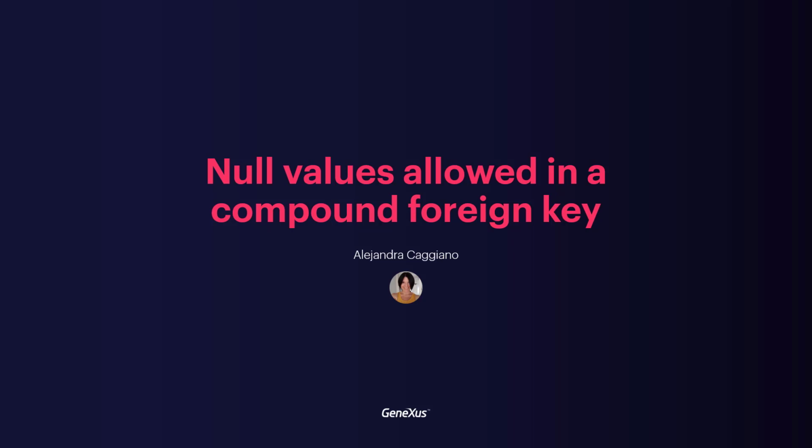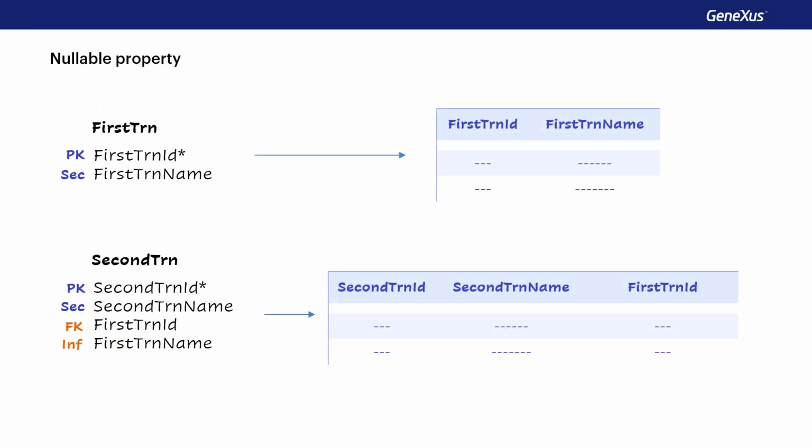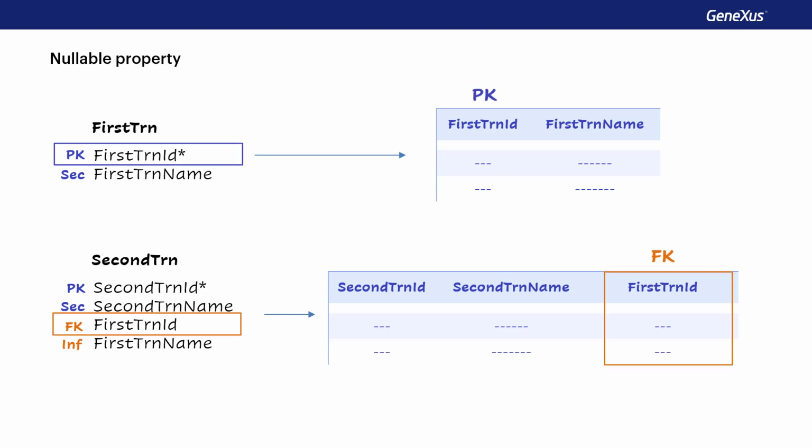We've already seen that the nullable property allows indicating that the value of an attribute that is a foreign key can be left unspecified, or unassigned, so that in this case, Genexus does not trigger the corresponding referential integrity checks. On the other hand, we know that if an attribute does not accept nulls, then a valid value must always be indicated.